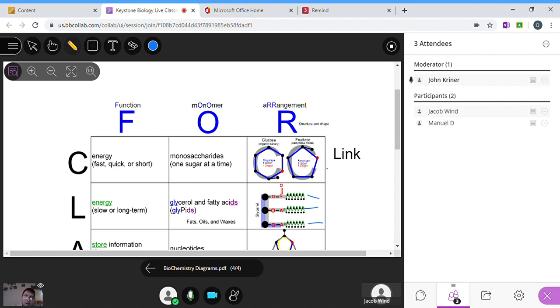So we've already covered how to build the monomers that build lipids, that is glycerol and up to 3 fatty acids, and we're ready to move on to